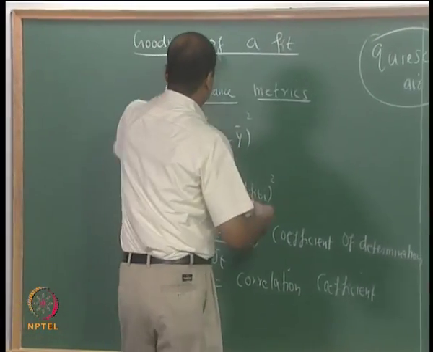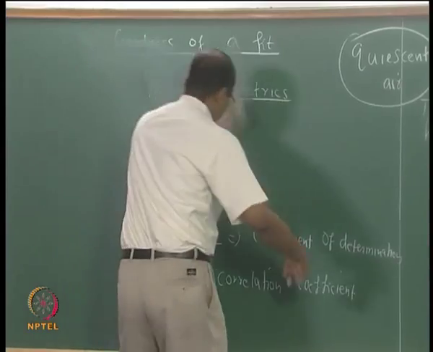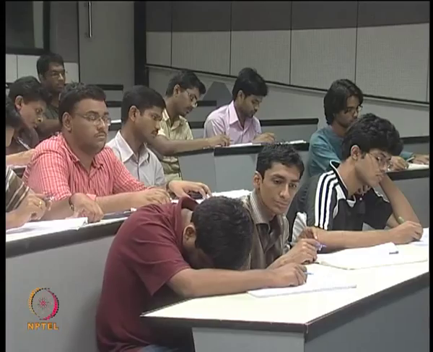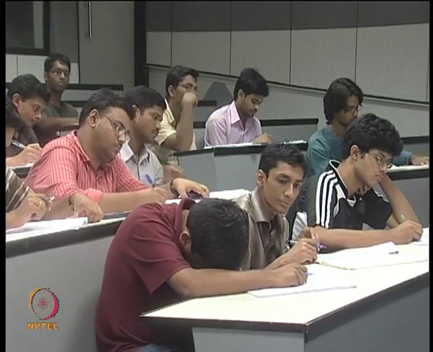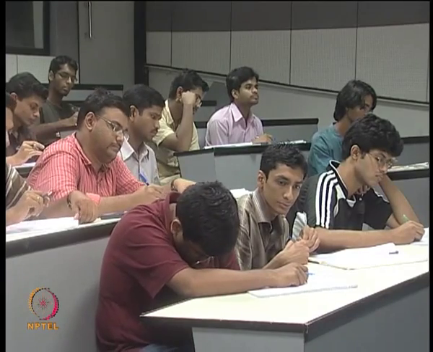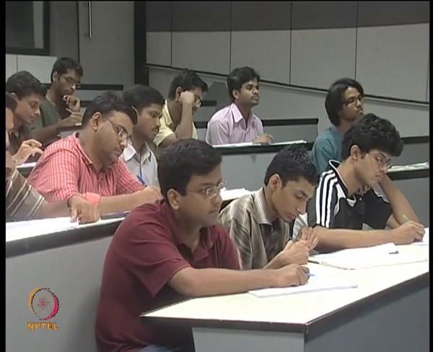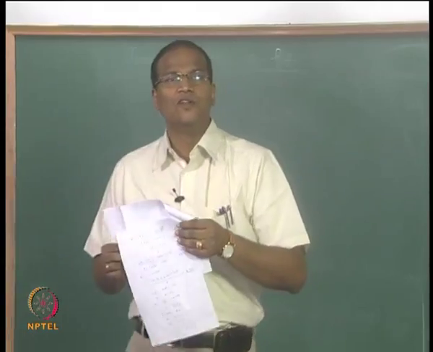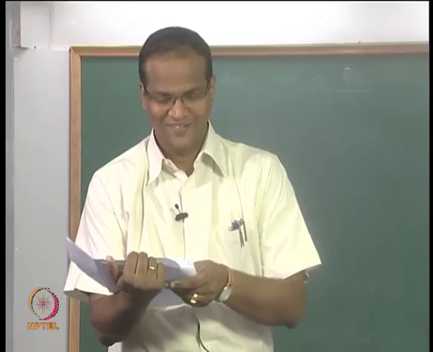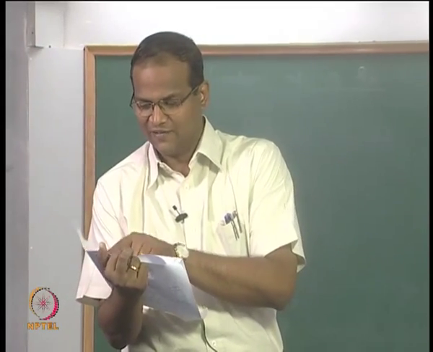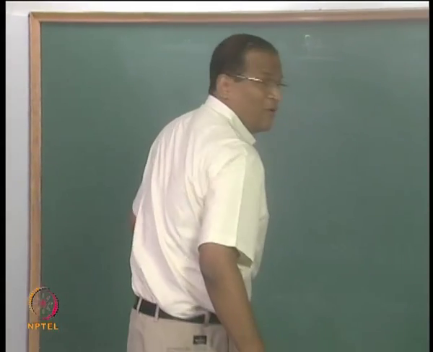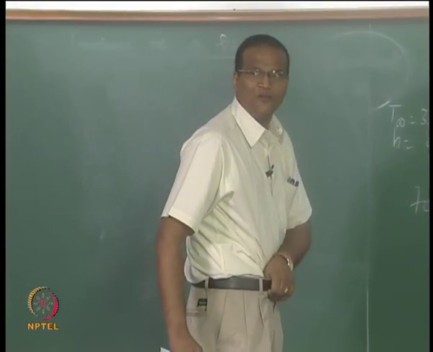I will give you the data. So you have to open out a 7 by 10 column table, right? 1, 2, 3, 4, 5, 6, 7, 8, 9, 10. I have 10 columns: Y bar, Y fit, Y minus Y fit, Y minus Y bar. So many columns are there.